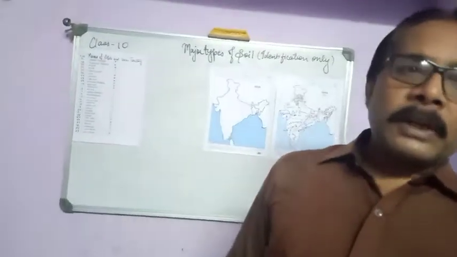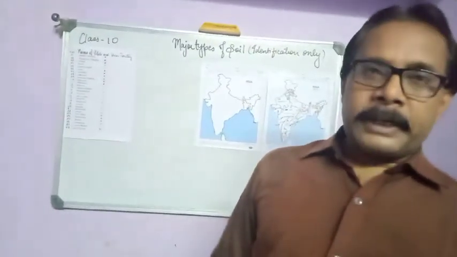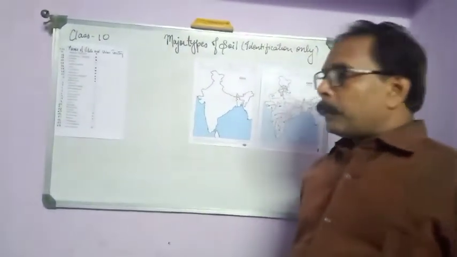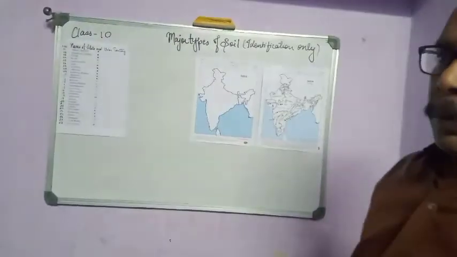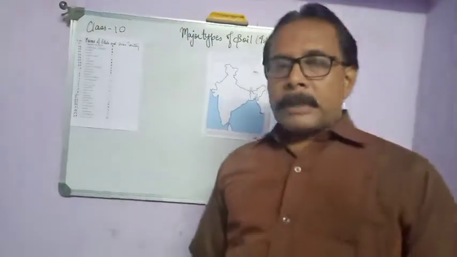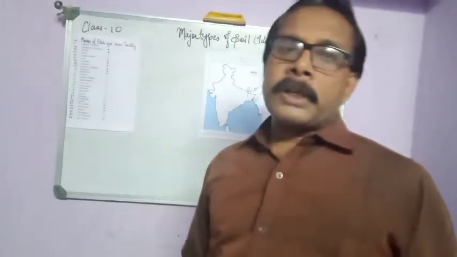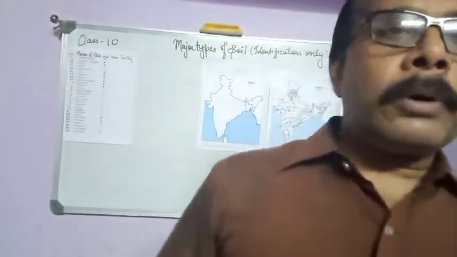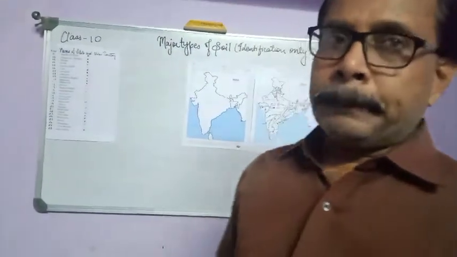Okay, I know you have the knowledge, however I just want to recall it for all of you. So in our country there are 28 states. Is it clear? According to our book, but some more states have been formed by the government, though they are not in the book. So we will discuss only the 28 states.